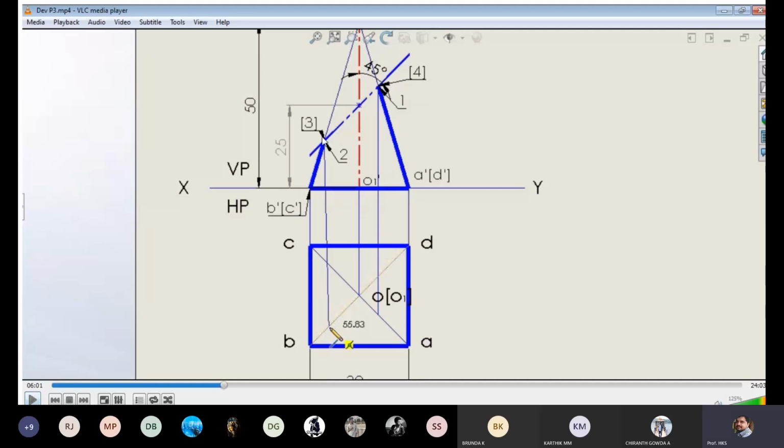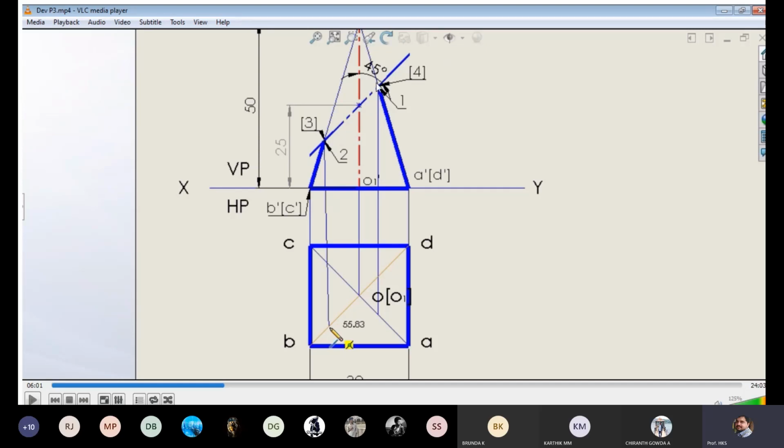Next after that, you have to make some modifications in the top view. After removing the top portion of this pyramid, once again you have to look at it from top. Instead of getting it as a point, you don't have an apex now. At this point you are going to get a surface. Since you have removed the top portion, a new surface will be formed, and if you look at it from top, it will look like this.